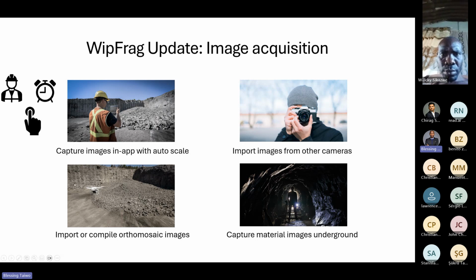You can, as I mentioned earlier, take the picture with your mobile phone. This technology is compatible with your mobile phone, with either an Android or iOS device or iPad or whatever device you're using. Download the software and you can take the picture in the app. The advantage of taking the picture in the app is that you don't need to put a scale object on the muck pile. In the traditional days there was a need for a scale on the muck pile; now with your mobile phone, you can take the picture in the app right there and do the analysis.